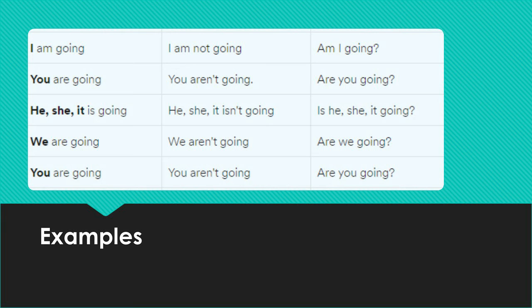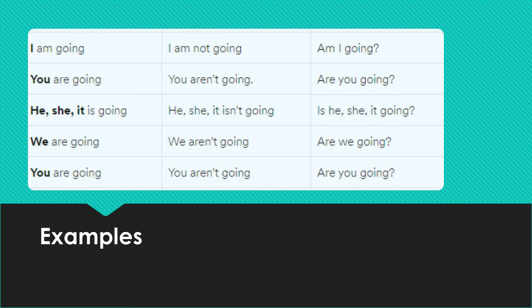This is for negative. Also, we have here for questions. Am I going? Are you going? Is he, she, it going? Are we going? Or are you going, or are they going, or something like that? And so